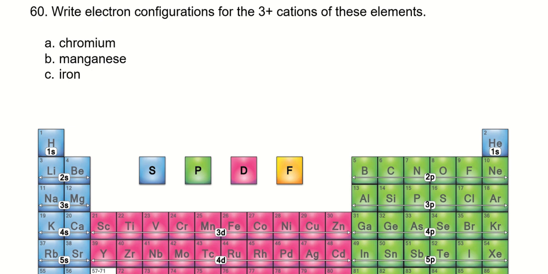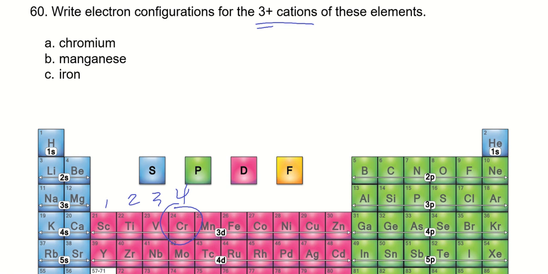Time to write more electron configurations for transition metal cations. This time, we're going to remove 3 electrons from each of these neutral atoms to get the 3 positive cations. Chromium is actually an exception to the Aufbau rule, but it's not going to matter because we're going to end up removing 3 electrons. So chromium, if you notice, it ends in this first, second, third, fourth position in the